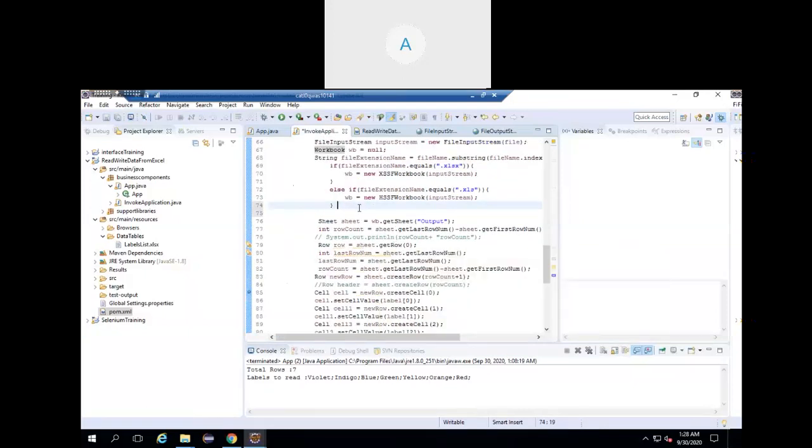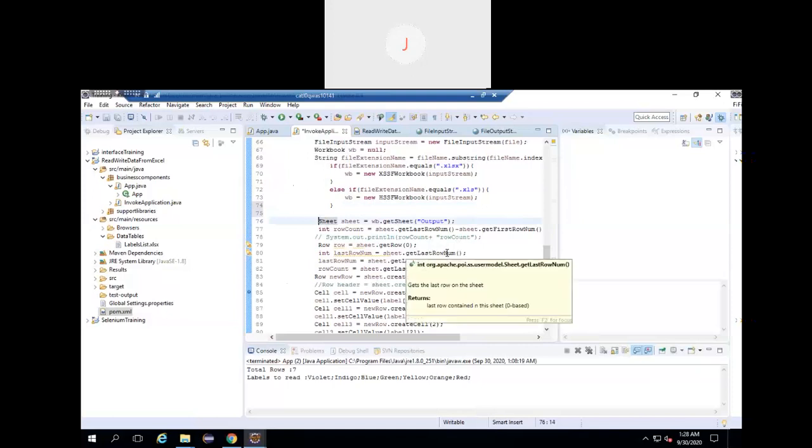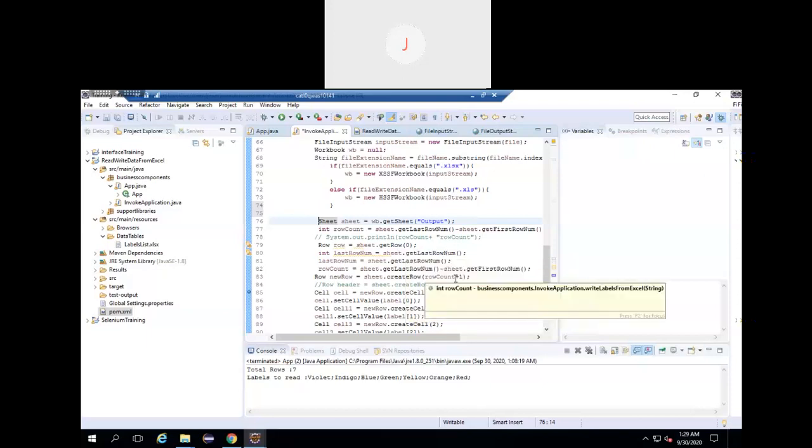Anyways, I'll repeat this. These are the steps common for both read and write. It is nothing but how to set up our Excel file. I'm just telling the file, here I've kept the file. This is the sheet name, and this is the row to start reading and writing. The first steps are common. The last part, start reading and writing, differs over here. So this is how the sheet is. I'm just telling it, get me this output sheet.